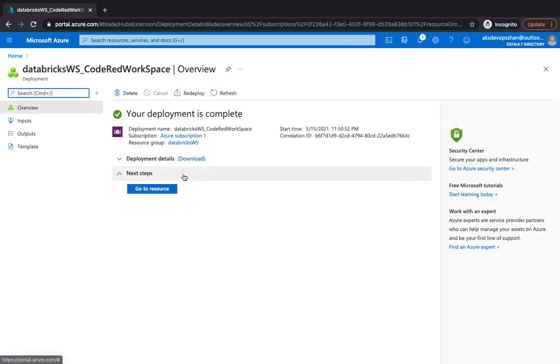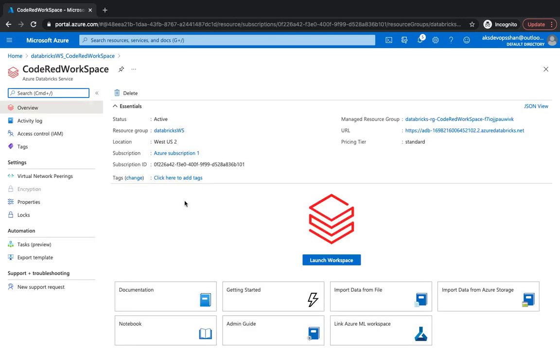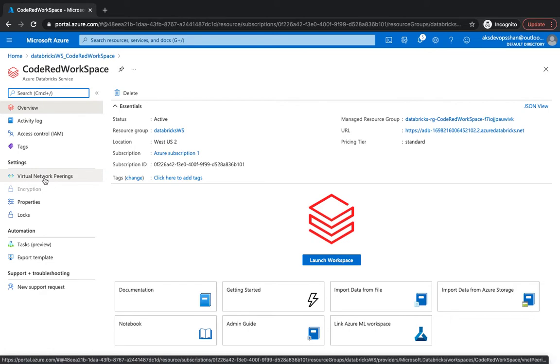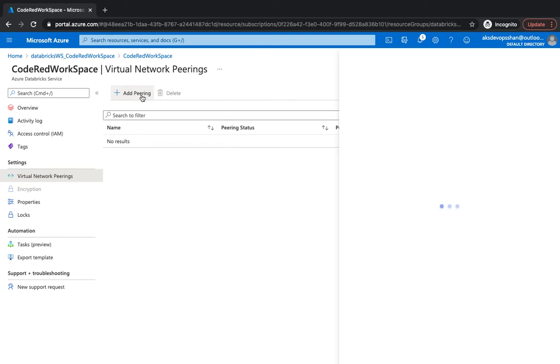All right, our resources are now created. Let's go to the workspace. Now that's the UI when you first hit onto the Azure Databricks. On the left hand side you get the standard information. One thing you would notice is that you get something called virtual network peering as well, which helps you to